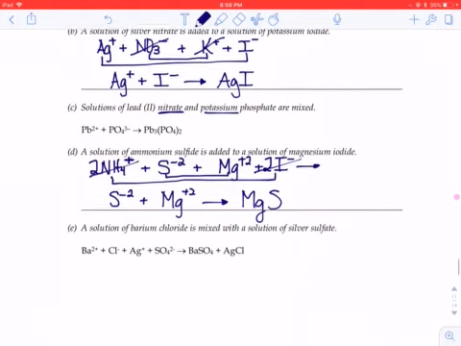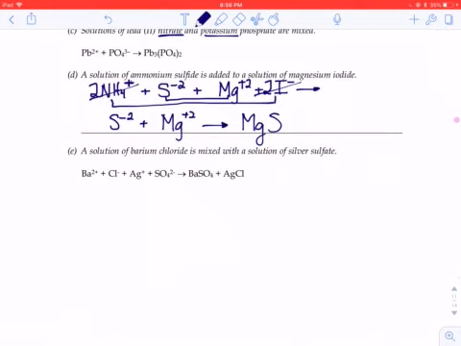In that last example there, E, where you take all those ions from your 2 solutions, both barium sulfate and silver chloride